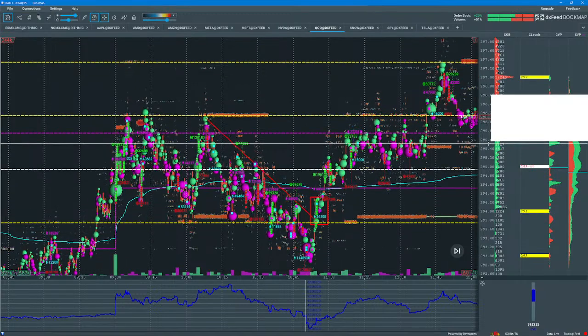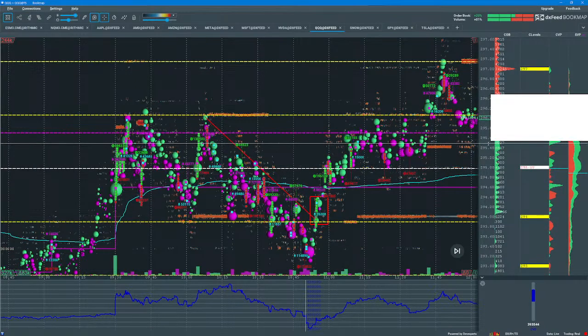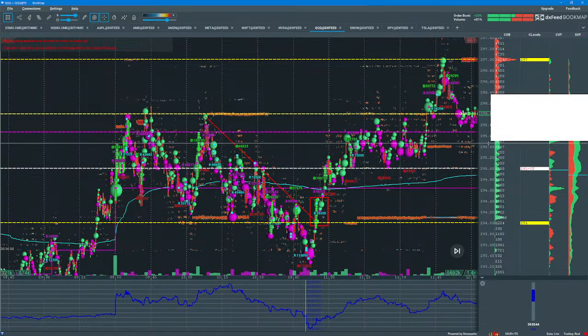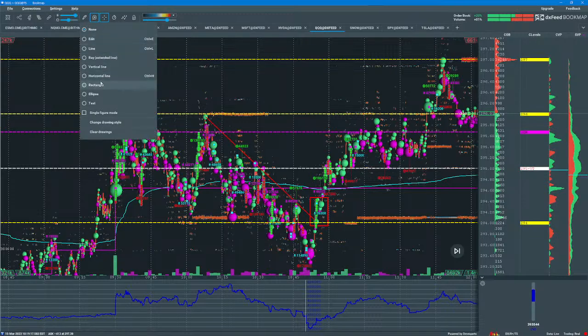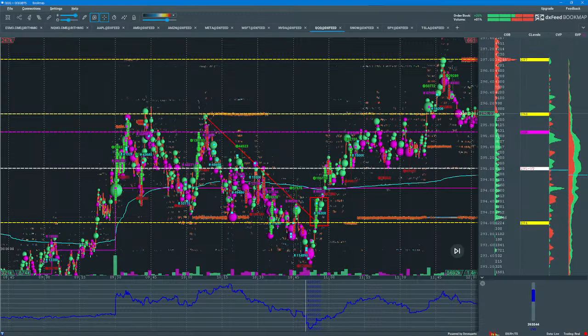So this is the morning session. And there were several instances where, I'll use this tool, several instances of these buy sweeps coming in around the 294 level, and then finally